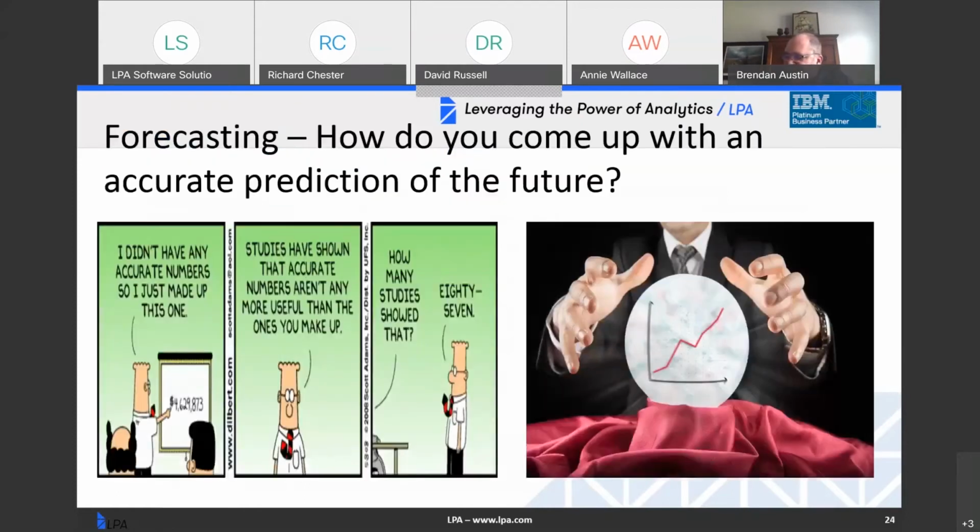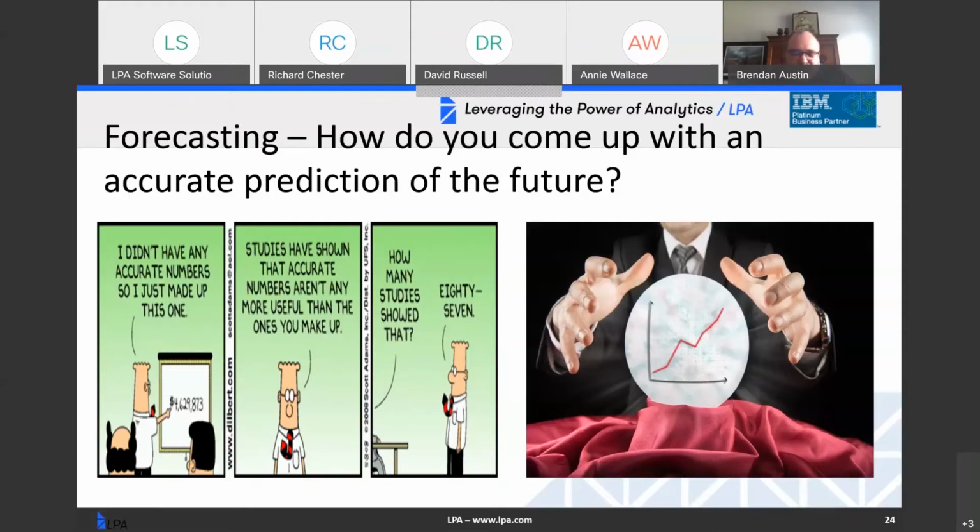Okay, so this is kind of the big reveal here. I don't know about you, but when I would be doing a forecast in business, somebody would ask me, what does next year look like? And a lot of times it was like you had to go look at your crystal ball because you'd have no idea. You had last year's data to look at. You may have some assumptions that may change. You may have some drivers that may impact next year's forecast or budget, but sometimes it was just gut feel, right? And there was nothing really built in Planning Analytics that would do any type of statistical modeling on its own,